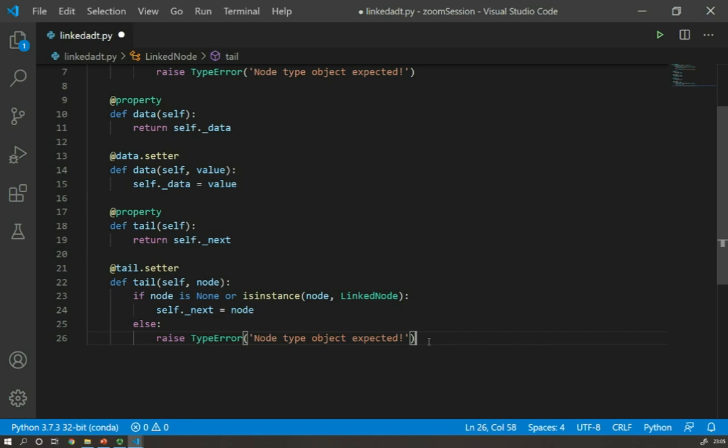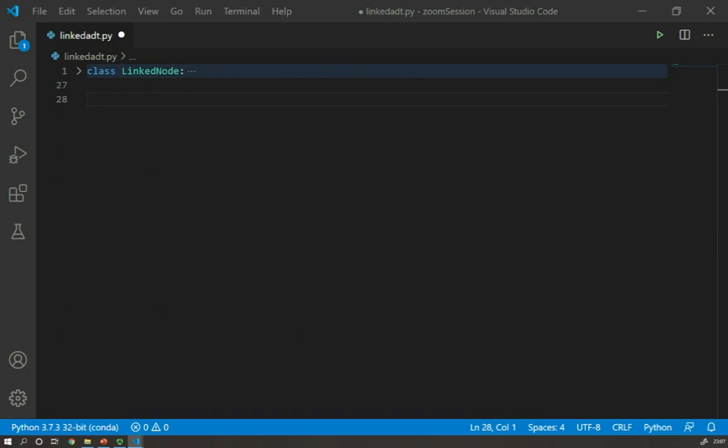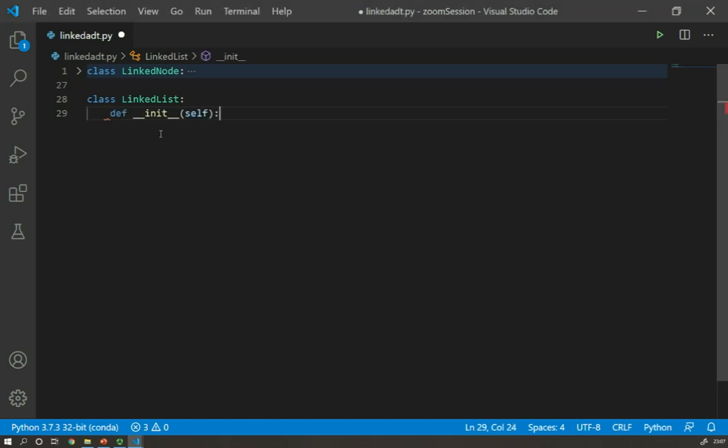The next thing I need to do is to define my class list. So here I will define a class linked list to represent a linked list. So first, class linked list. Then I'm going to create the constructor. So here, when I'm going to construct a new list, I'm going to define it as an empty list. I'm going to use the two parameters I mentioned before, the front and the tail. So we can say either the head or the tail, but here I'm going to define it as front and tail.